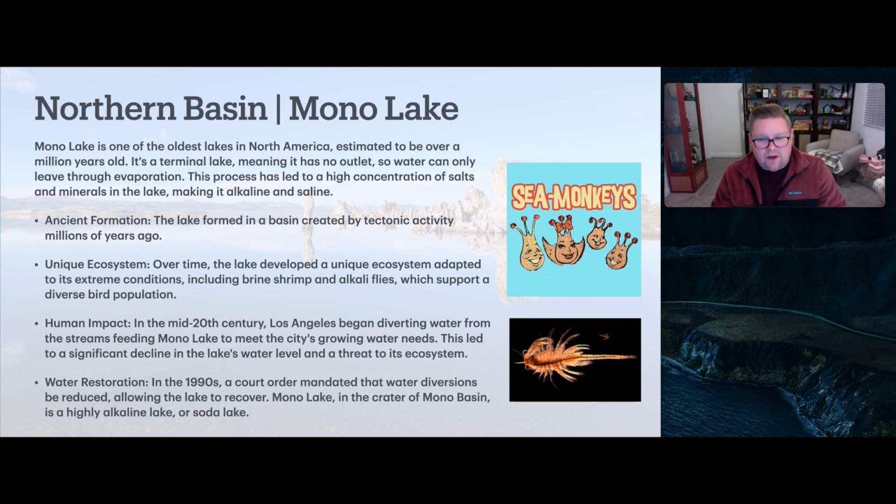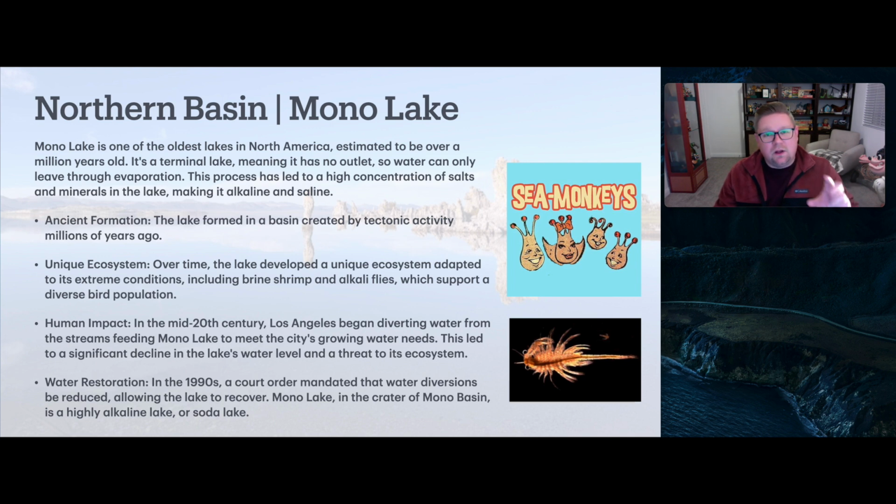So brine shrimp, which is this photo here in the bottom, that's how you probably know them. There's two here. I know them as sea monkeys. That was a big thing in the 60s, 70s, 80s, and 90s, where you would order freeze-dried brine shrimp, put them in a little container, and then they would absorb the moisture and become little brine shrimp, sea monkeys. Anyway, they exist here at Mono Lake, and because of that, the birds,